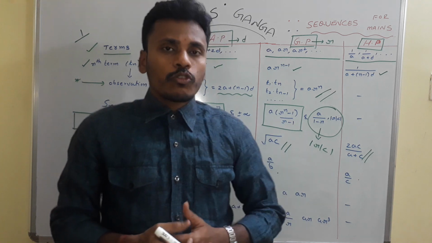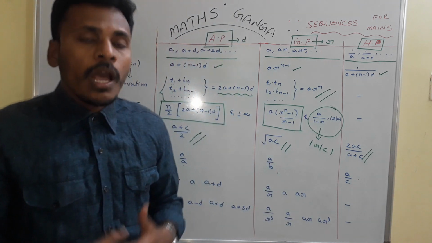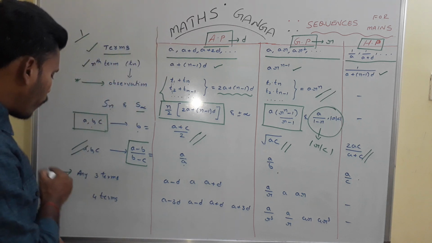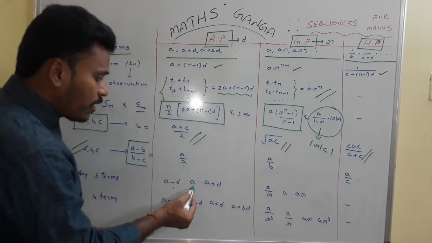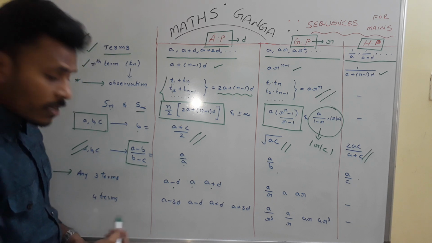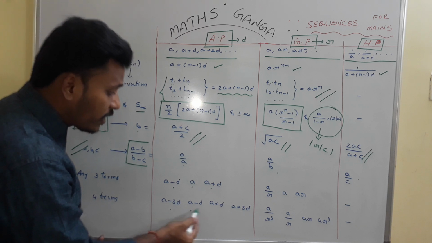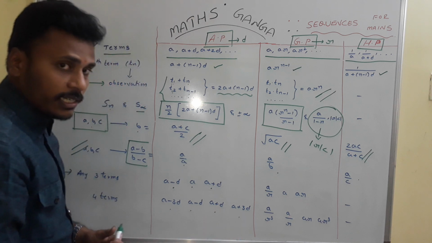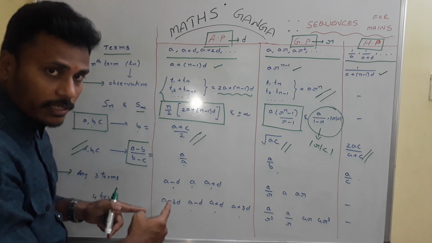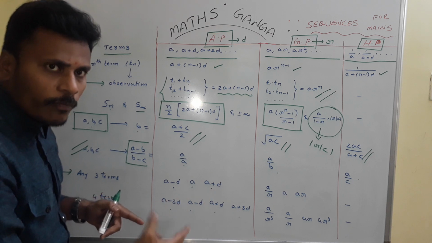AP, any three terms of GP, and any four terms of AP, or any four terms of GP. In those cases, any three terms of AP are considered as a minus d, a, a plus d. And any four terms are considered as a minus 3d, a minus d, a plus d, and a plus 3d. We have to consider those terms to maintain a symmetry from both the sides, which will resolve our difficulty in